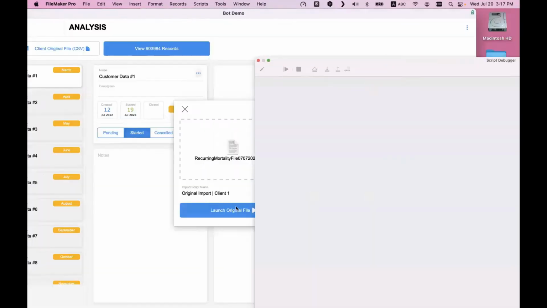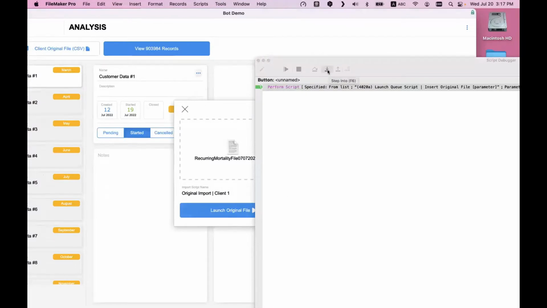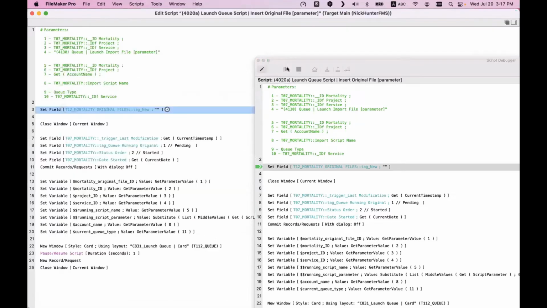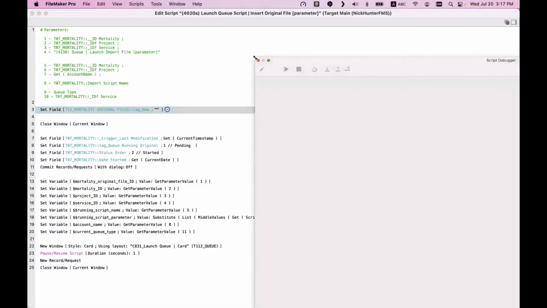I'm launching the script, initiating the script like this. I'm going to the first step, boom. And here I have the stencil. I say edit script command, edit script for the stencil. And now I can open that script, terminate the script debugger, and close.